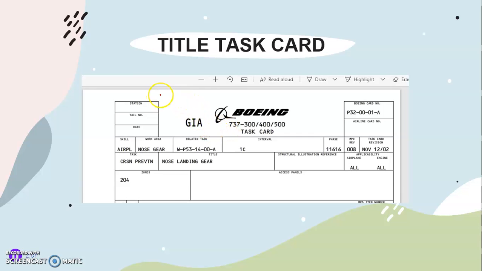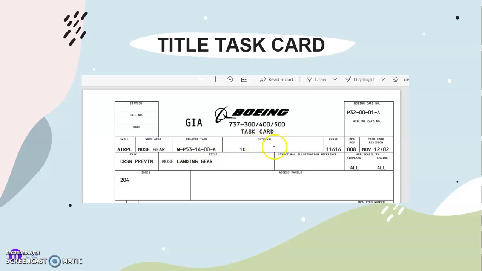And this has a few pieces of information that I will try to explain. Skill is airframe power plane. Work area in nose gear, and the title is nose landing gear.